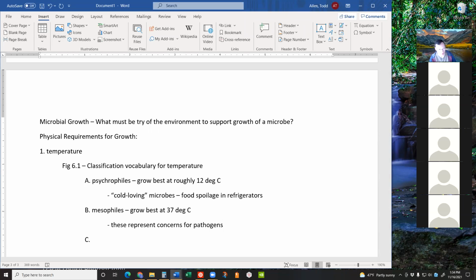Okay, we also have thermophiles. First off, we'll say that these are heat-loving microbes. Obviously, there are different amounts of heat, so it's kind of subjective and relative. But for the term thermophile as defined in your textbook, the optimum temperature seems to be around 62 degrees. Okay. Around 62 degrees. So let me ask you in the chat window,